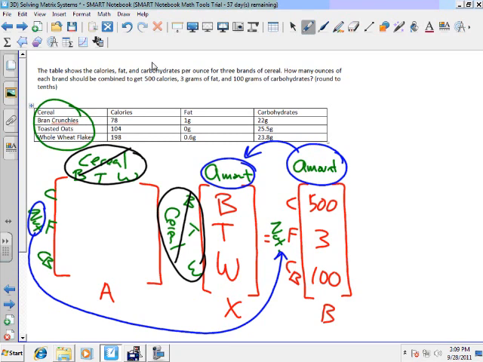Notice up here we have cereal as a column heading on our matrix. But over here, cereal is our row heading. So we have to flip the data. This is called transposing. So instead of taking this data and writing it as a column, I'm going to write it as a row,